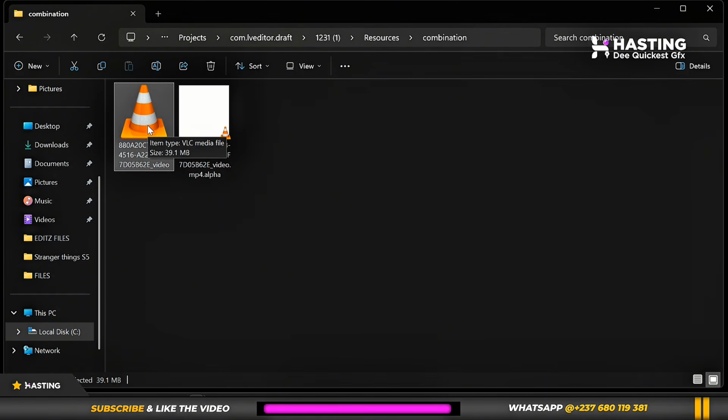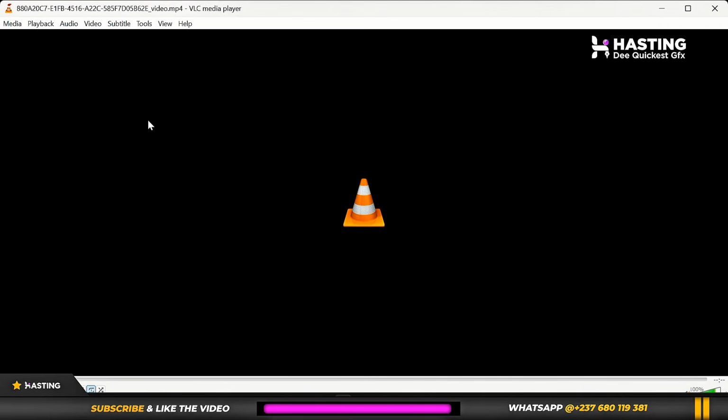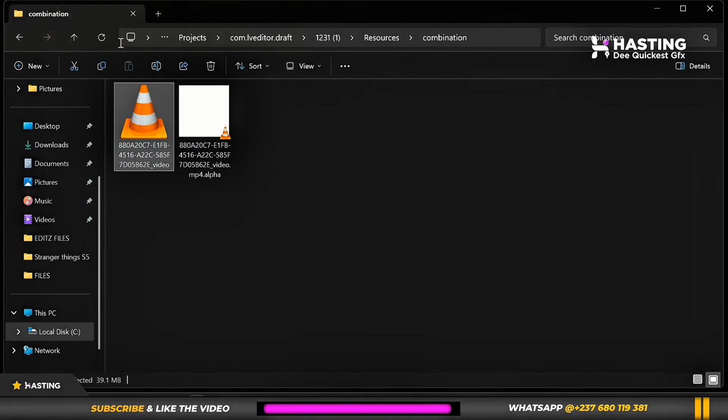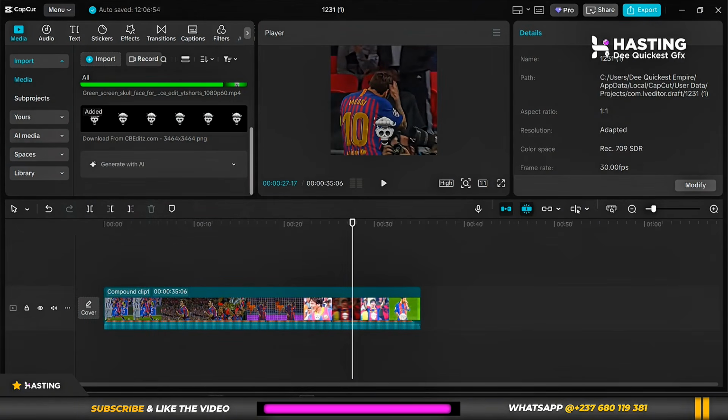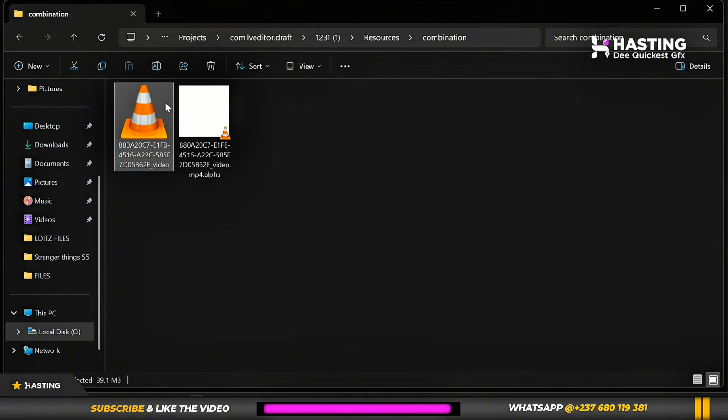So this is the one I was supposed to use, but sometimes it will appear like this, and when you play it, it's not going to play. Okay, this is how it's going to behave. So if you experience that, all you need to do is to go to your CapCut, open the media, this media where you drop all your files, right? You import this one, not the white one. You import this other one,